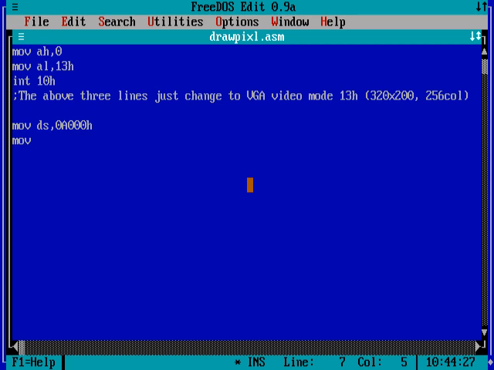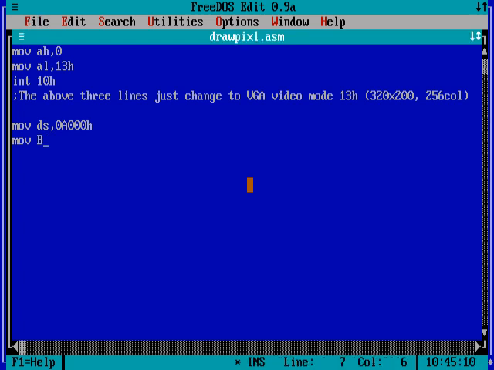So what you have to do with A86, well, with assembly in general, is specify: is this a byte or a word move? A word is generally 2 bytes, like 16 bits, but we're just doing 8 bits here, 1 byte, because in VGA mode 13, 1 screen pixel is 1 byte of the screen memory. So in A86, the way you do that is you just type the letter B. W would be a word move, and B is a byte move. Other assemblers might have other syntaxes. Some might have you write the whole word, like move byte, but with A86 you just type move B, and then in